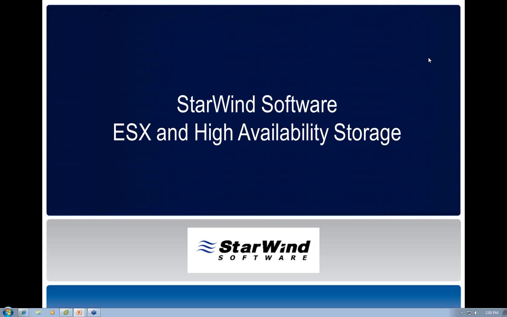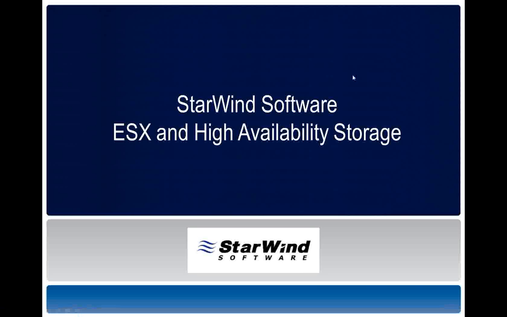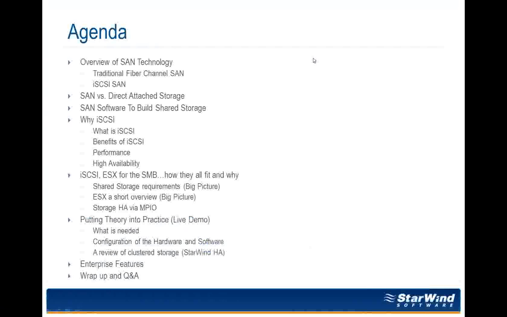with StarWind Software. And today we're going to be talking about shared storage, specifically iSCSI software, and its use with VMware vSphere, VMware Essentials, and Essentials Plus. You know, the types of packages that a lot of us are looking at to get into that entry-level, high availability, vMotion type of scenario, and that license that a lot of us are going to be drawn to based on some of the budget constraints that we might have, but we want to make sure we're able to go ahead and unlock the shared storage component of that so we can take advantage of some of those